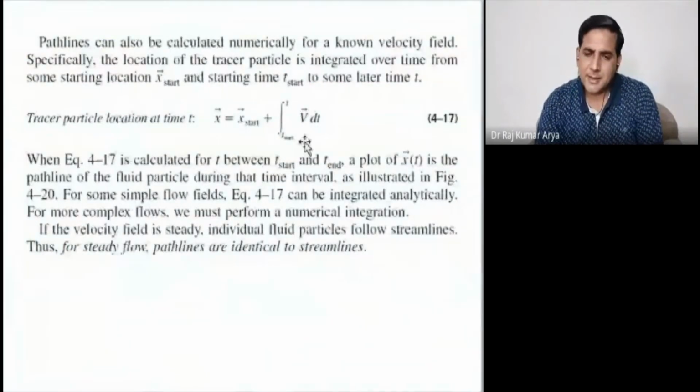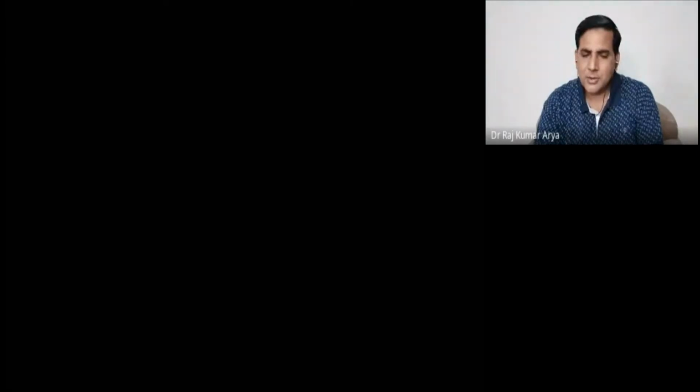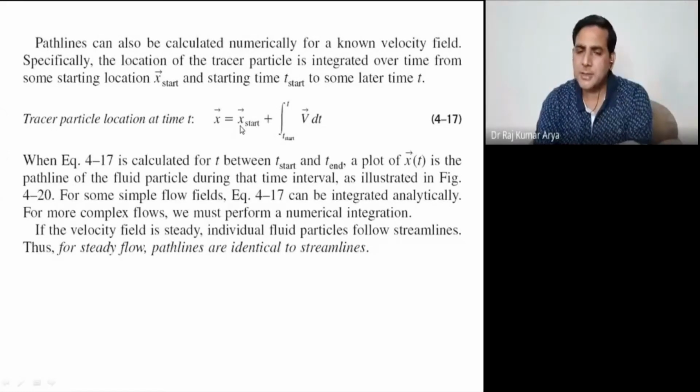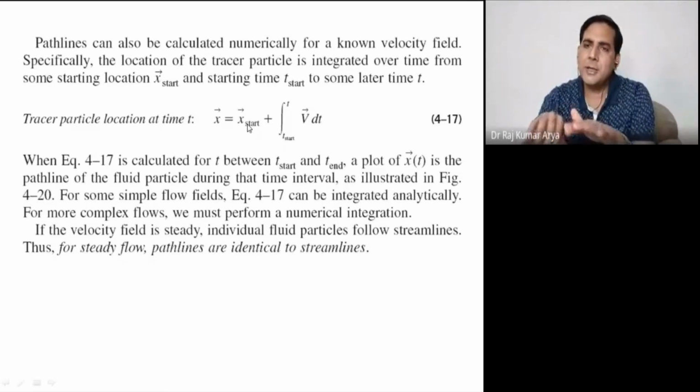This is just a mean equation just to draw the trajectory of particles. So for a particle, let's say the initial position of the particle is given, and you want to find its new position. So obviously velocity into time, integrate kar dijiye, and that will give you the new position, right? Because velocity into time is the distance traveled by the particle, added to the original one, that would be the new position of the particle. Fine. So that way you can trace the trajectory of a particle, which is called path line. Fine.